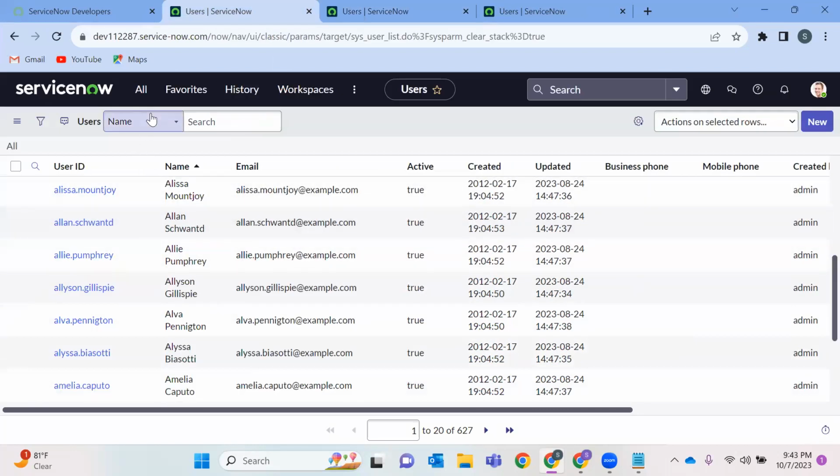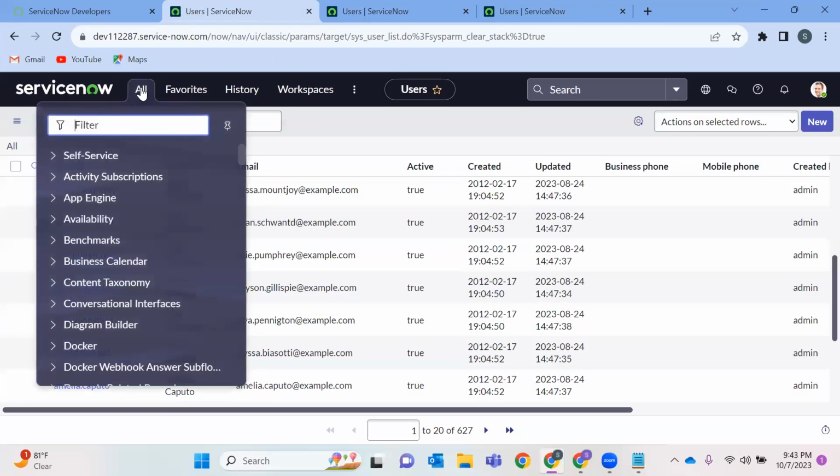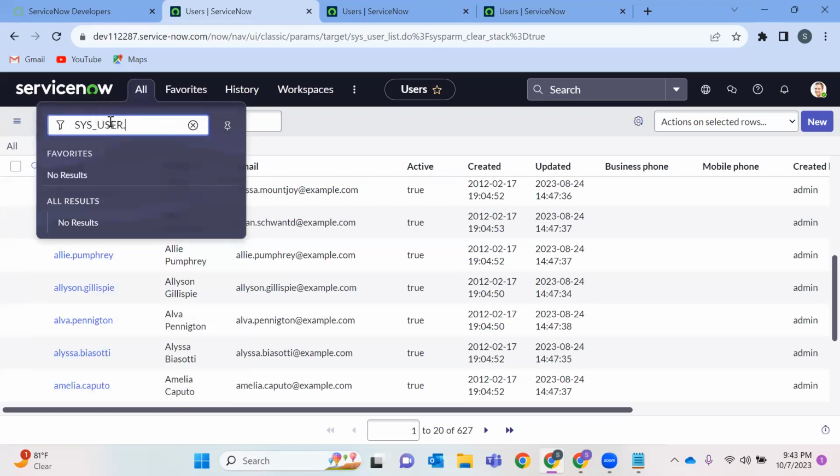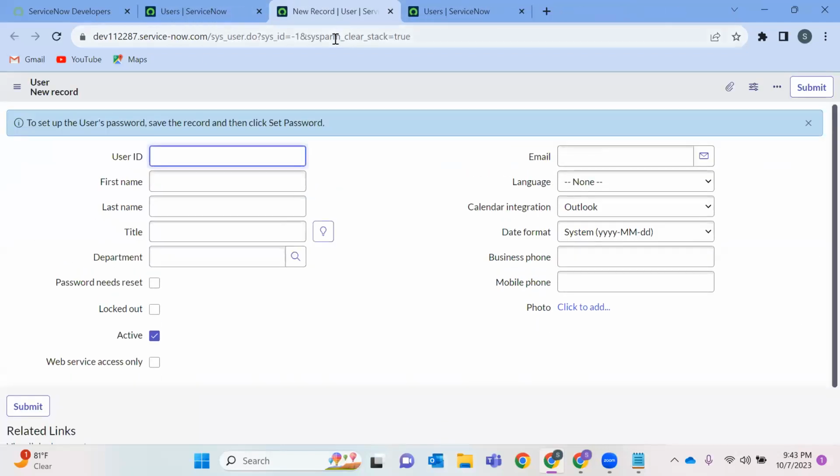Okay, list in small case will land you on the same tab, which is your home page. LIST in capital lands you on a new tab. Not only for the user table, it could be for the incident table, incident form. See, I can also open sys_user.FORM. This opens in a new tab because I used the word form in capital.